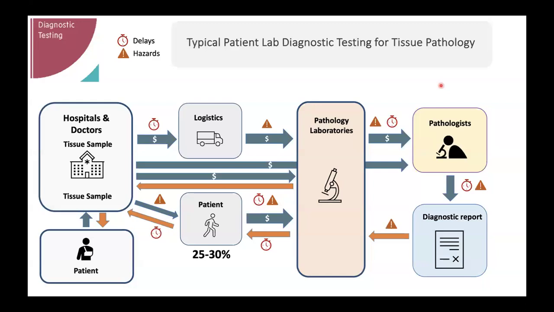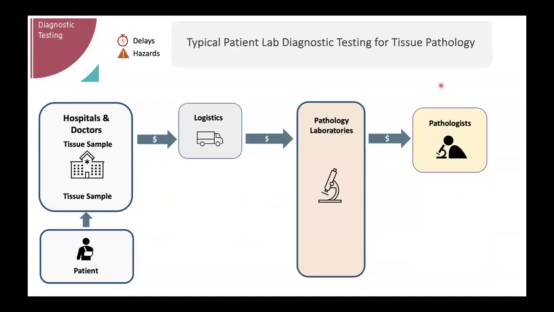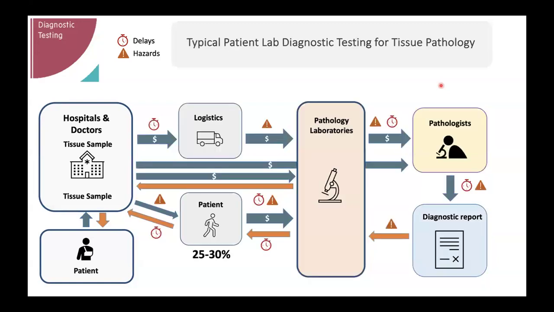Then we have points of hazard. The little triangle there is a hazard. And the hazard is where terrible things can happen. Terrible things can happen at this point where you see a hazard sign. This hazard sign can mean a mix-up, a broken sample, a lost sample, some kind of transcription error, or something can happen along this, which is a hazard because whoever is doing this doesn't have systems to really